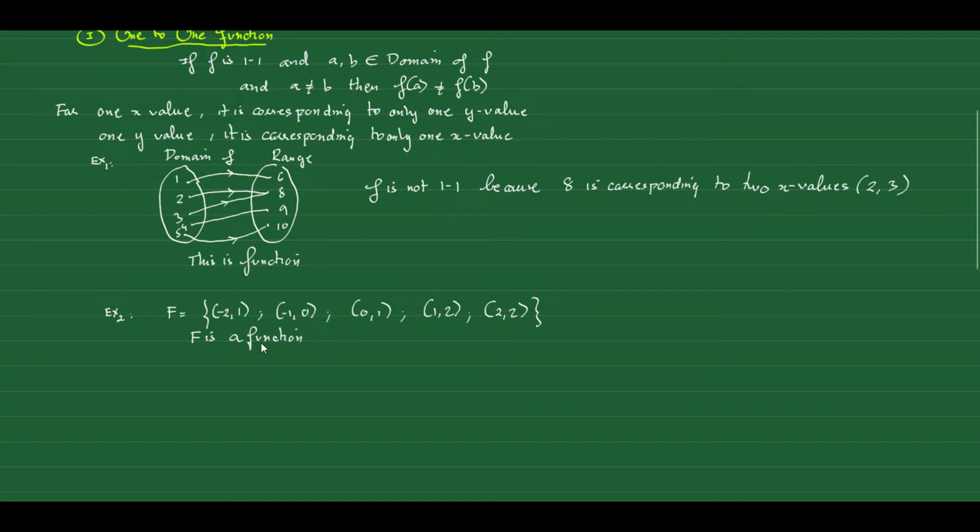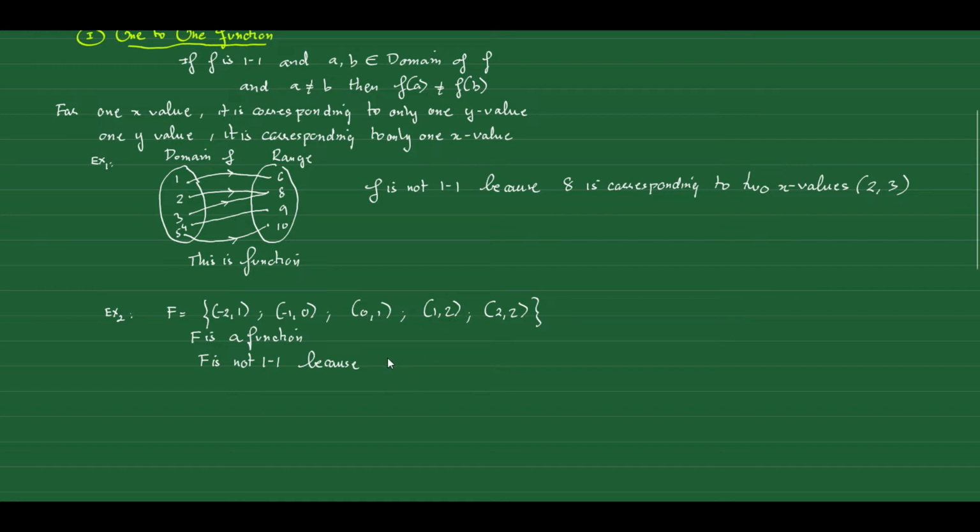Let's see if it is a 1-to-1 function. You see that the output over here is 2. So f is not 1-to-1 because